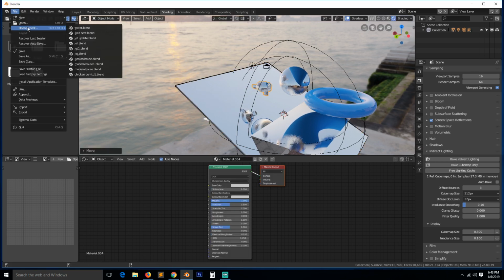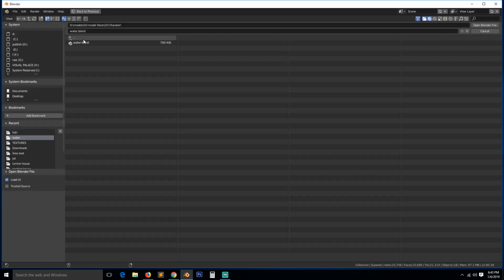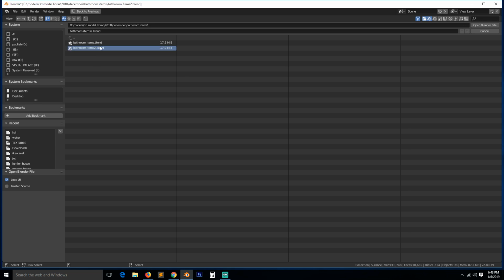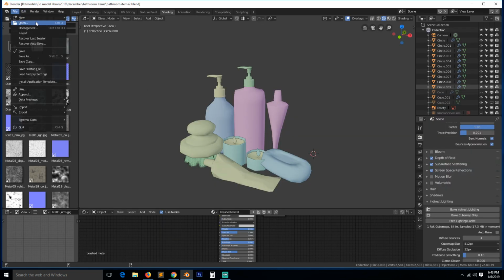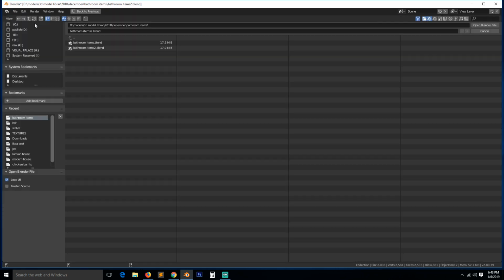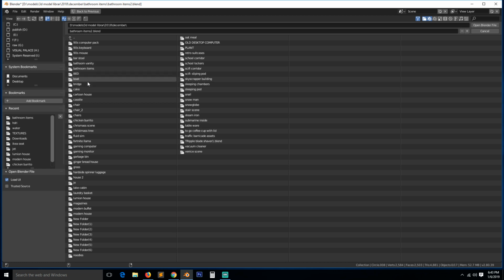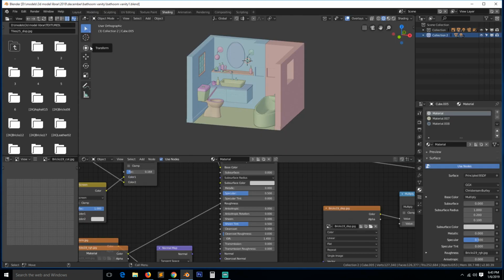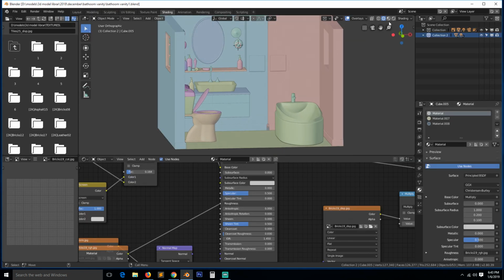So let me open up a project that I worked on, but I didn't know the technique to do that. Let me see how it would work in that area. Bathroom items, is this? Not this one. Let me see. I had a bathroom scene, let me see, bathroom. Yeah, so in this scene, if we go to material mode,